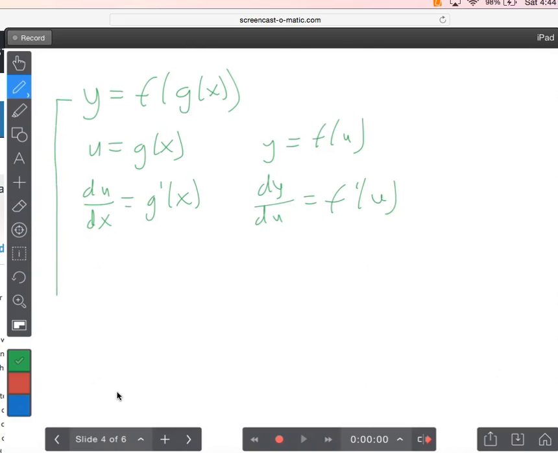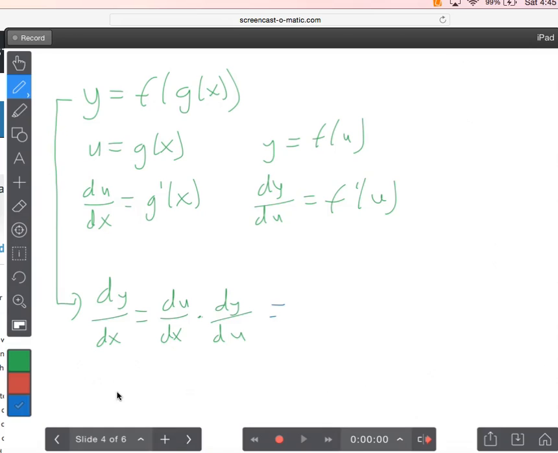Then the derivative of the whole original function would be dy dx, which was found by multiplying the derivative of the inner function by the derivative of the outer function. Now, when we did this, we used the notation du dx and dy du, but I'm going to rewrite that now,